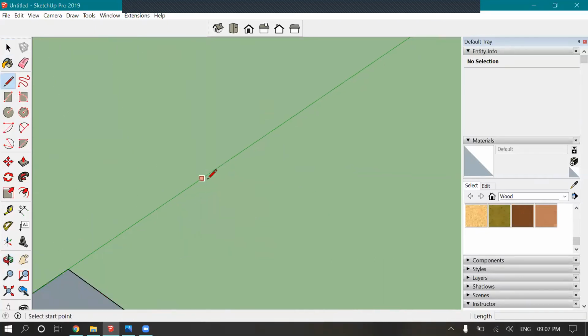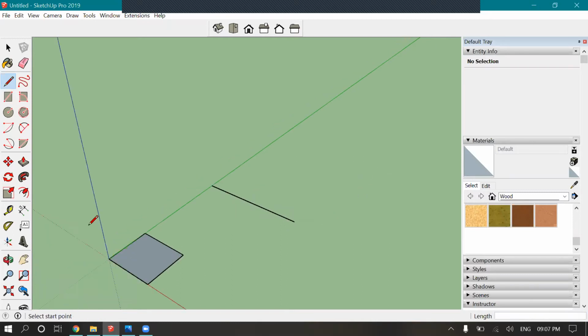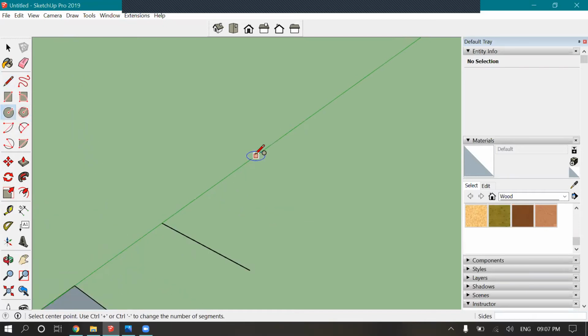Now the way to give dimensions. To draw a line and add dimensions to it, just click on a point, give it a direction, and enter a dimension, say 15 feet. So 15 feet, and enter. It is that simple. For a circle, let's say the same, 15 feet. You take the center, a circle has no direction, and give the dimension as well, like 15 feet. So this is that easy.